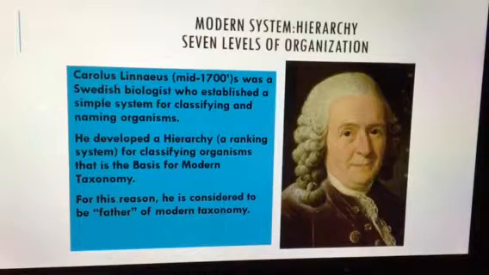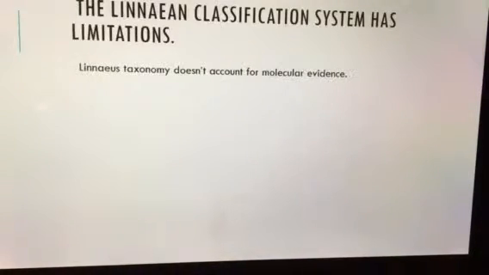Okay, then Linnaeus came along. He was a Swedish botanist, and specifically with botany, he worked on naming plants. This taxonomy actually worked really well to name not just plants, but other organisms as well. With this, he developed a hierarchy or ranking system for classifying organisms based on characteristics that we know. This is the basis, or the groundwork, for our modern taxonomy system, and he's actually known as the father of modern taxonomy for this. He came up with the 7 levels of organization, which are kind of nice to know.